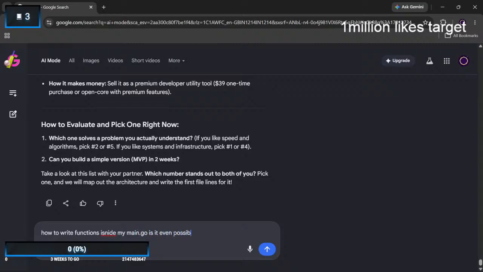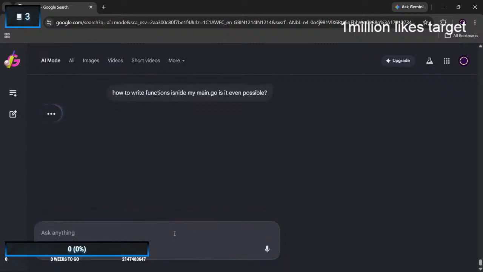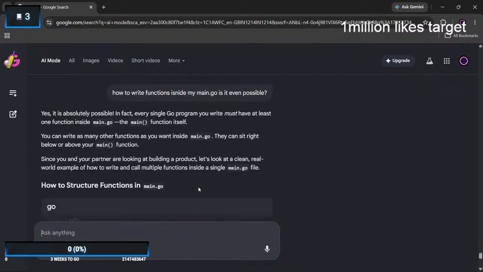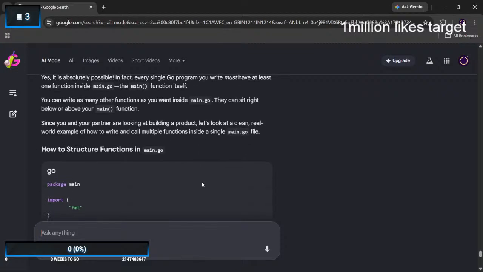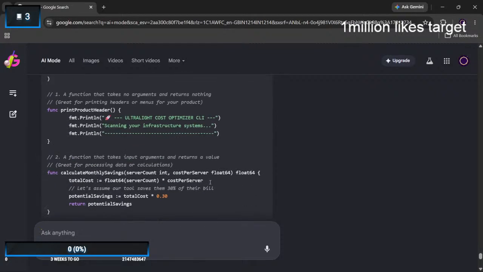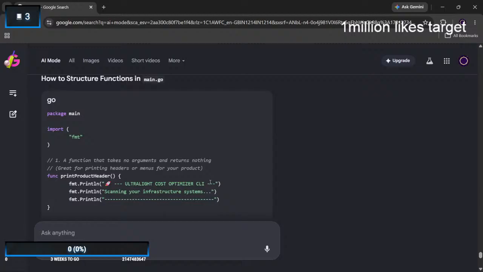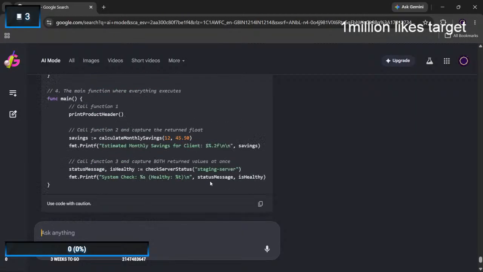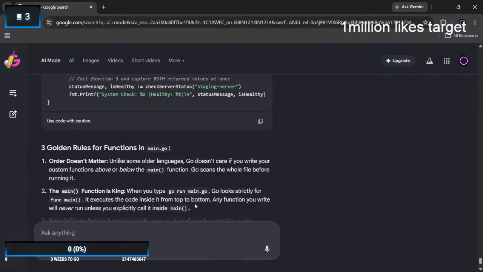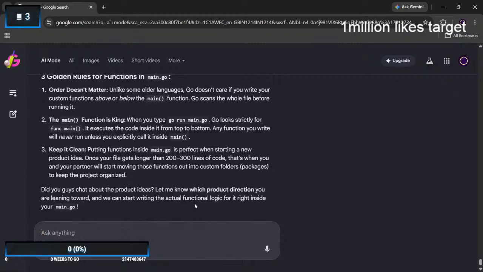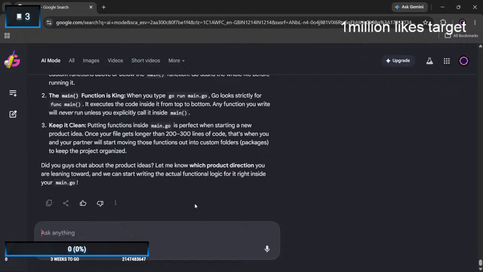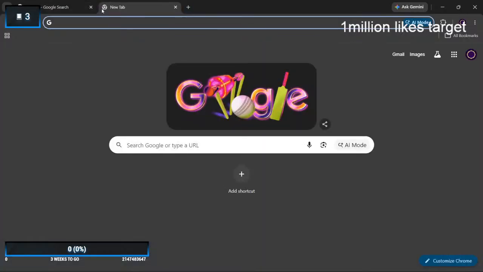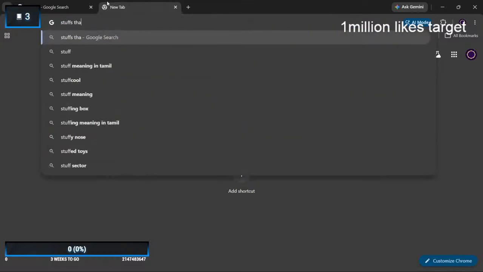Is it even possible? Oh, you mean I can only write it on the top? That is what I was trying to ask. Like, I can't write it inside, right?